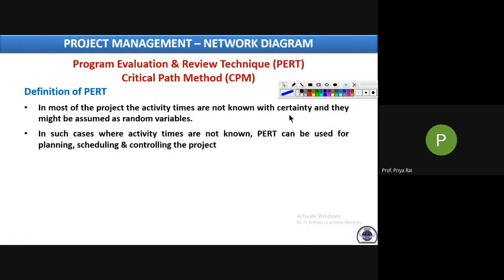So a construction project is a repetitive kind of work, whereas research and development is a new kind of work. For any person, it will be new to him or her.